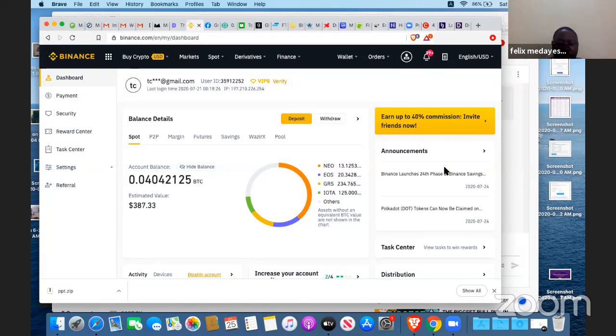Okay, I want to log into Binance. Try to log into Binance so that